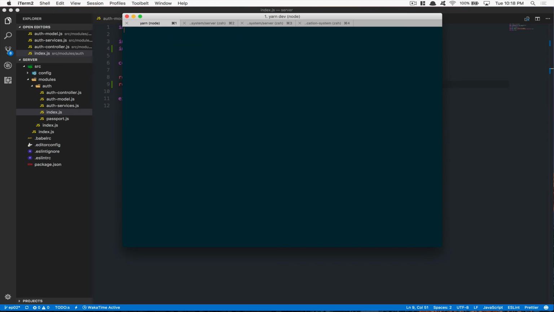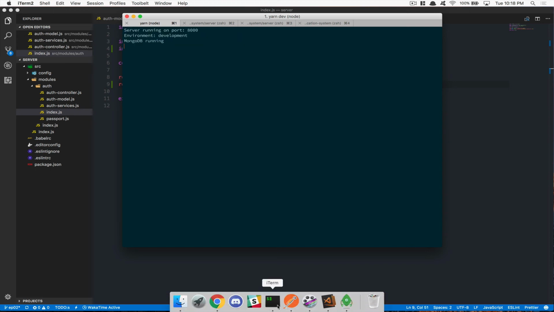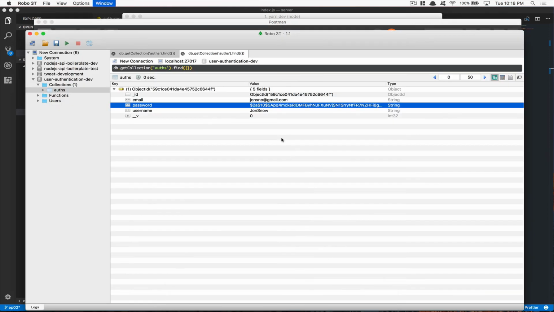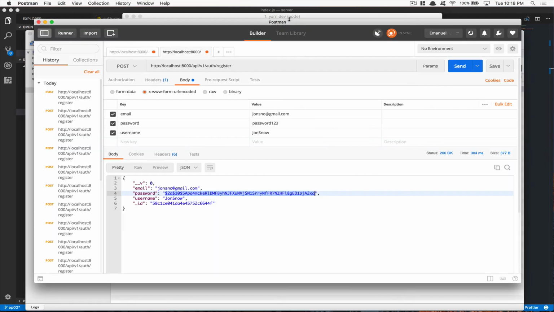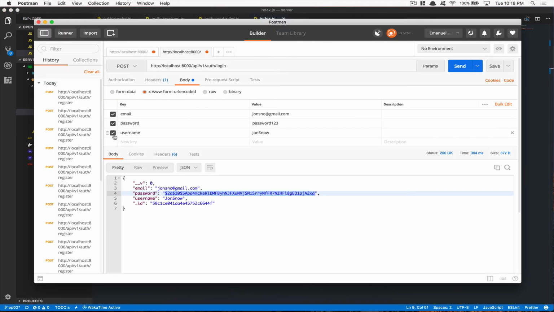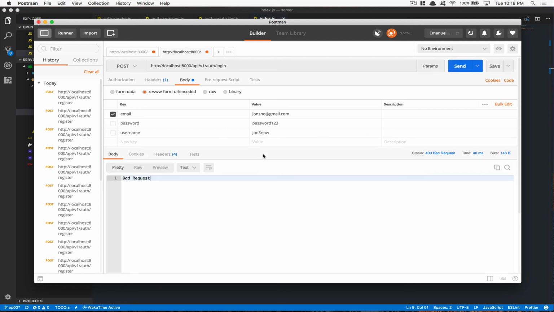I'm going to say rs. This is a way to restart Node. Perfect. So now I have my user registered. I'm here, my user is still there. So now what I'm going to do is go to /login, because remember this route here. And now the first thing I'm going to do is remove the username and just do the email. First thing, I'm going to get a bad request because I absolutely need a password. Now, if I have the good password and the good email,